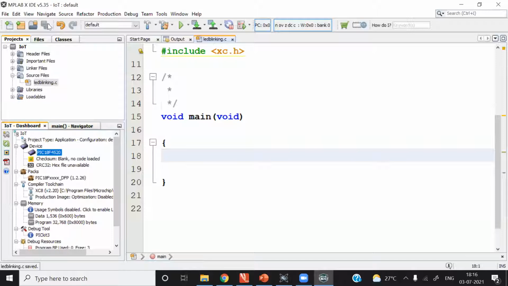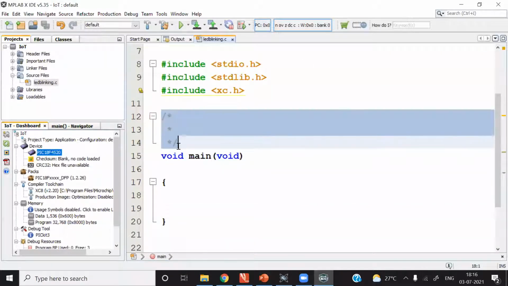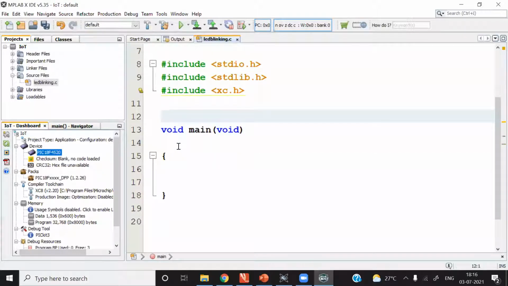Now next, we need to appropriately set bits in the configuration memory. And yesterday, I was discussing how to do settings in configuration memory. So once again, let me revise that part. Configuration memory is really important. If you do not properly configure it, your code may not work. Even though your code is correct, it will not work in hardware.